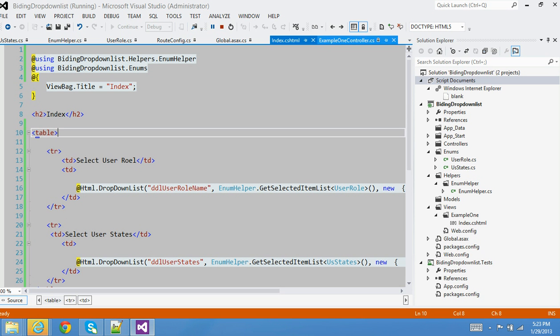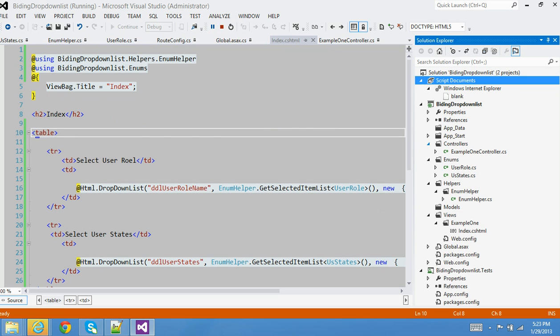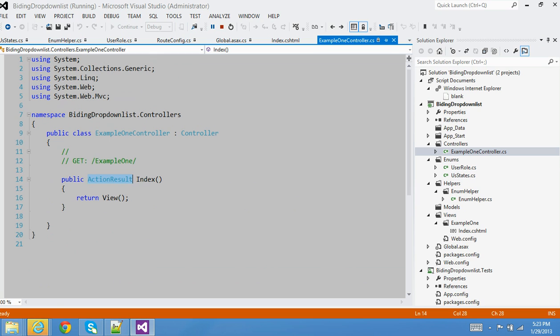And of course, this is one way you can do it. The second way is, of course, you can bind to ViewBag in your controller. For example, let's say if you go into your controller method right here, before you send this view to the user, you can